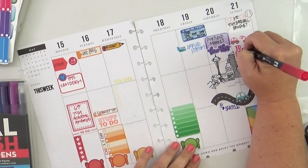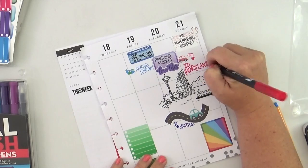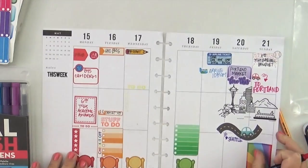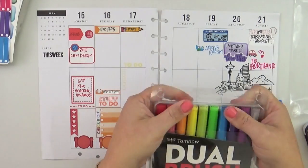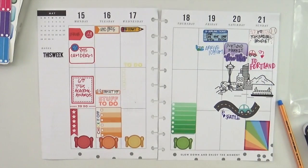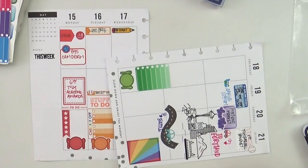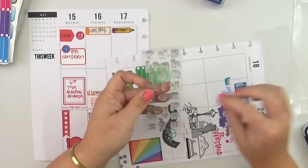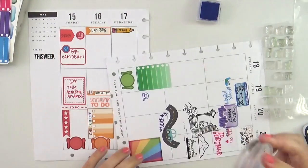I love these dual brush pens because you can absolutely use the brush end for beautiful brush lettering, obviously, but then the fine tip end is really just the same beautiful colors, and you can just use them for normal text as well. So I think that those are really a fun addition for my planner, and I really do love using them. Now, I'm going to also add a little bit of washi tape, but not before I pull out this lower outline stamp set from Sweet Stamp Shop. And I'm going to stamp the word Portland on the side. You'll see right here, yep, like that,